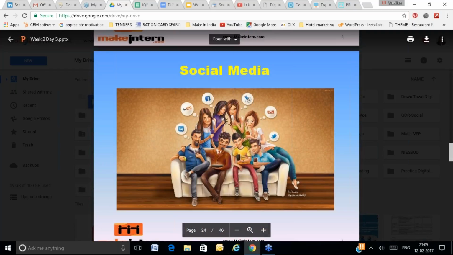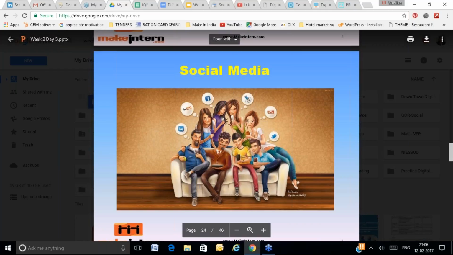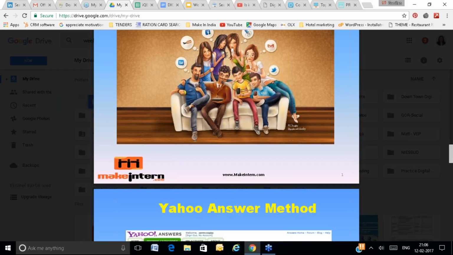All the social media, Facebook, Twitter, LinkedIn, G+, will give you the opportunity to share the backlink while sharing the content. So on social media, you can create two kinds of backlinks. One, while creating the profile, you will place the website link on your profile page. And second, while sharing your content, you can share the relevant link of your website on social media.